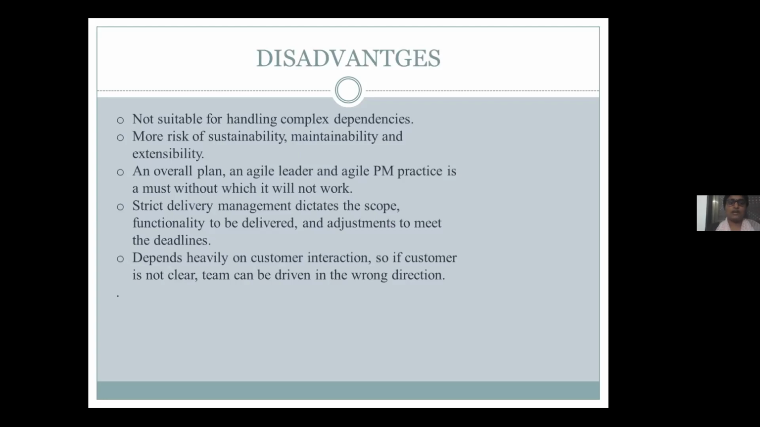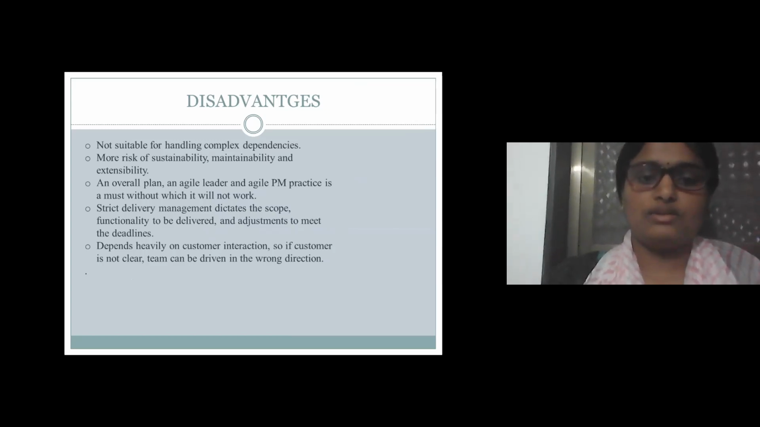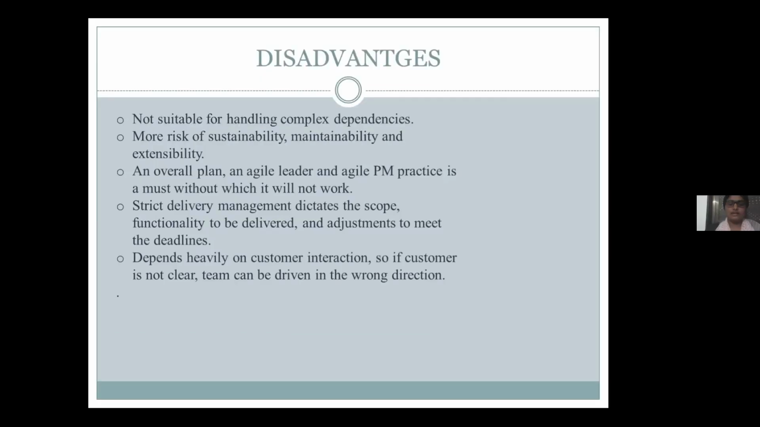Not suitable for handling complex dependencies, more risk of maintainability and extensibility. And overall plan, as agile leader and agile PM practice is a must, without which it will not work. A strict delivery to manage dedicated scope, functionality to deliver, and adjustment to meet the deadlines. Depends heavily on customer interaction. So if the customer is not clear,